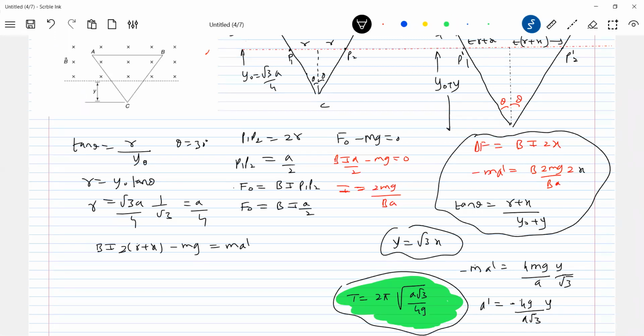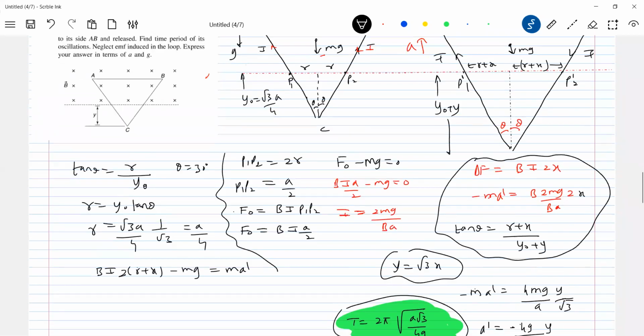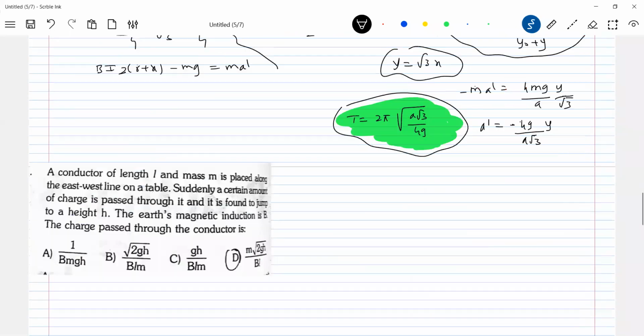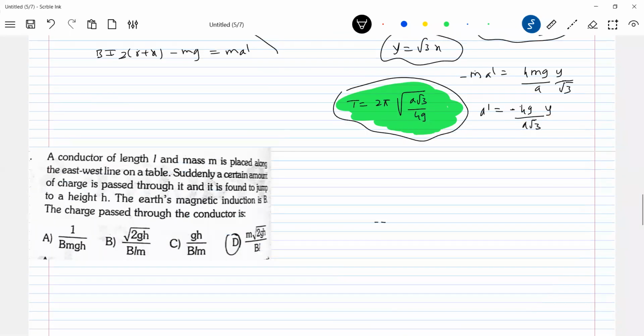This is very important. Check, there are 3 times he has asked ampere force and SHM. You have to be very careful. Instead of a triangular ring, you can bring a square frame. Check whether it is possible or not. If it is a square frame, and there's a magnetic field, I'll pass a current, let I be the current, and it is in equilibrium.